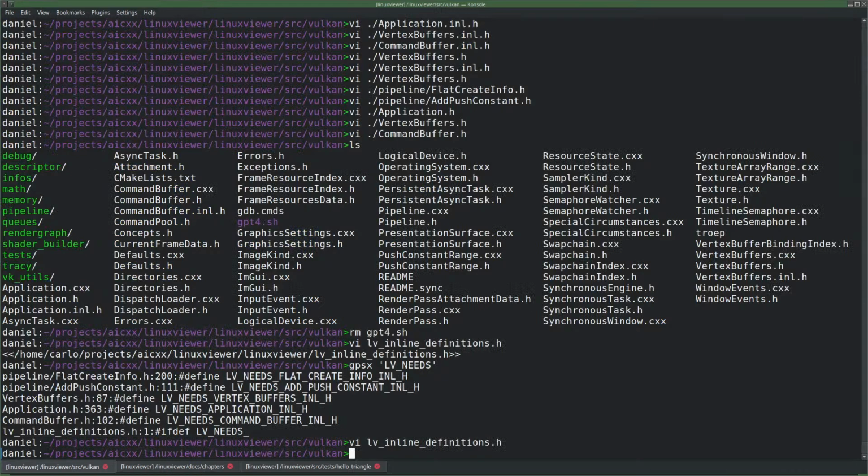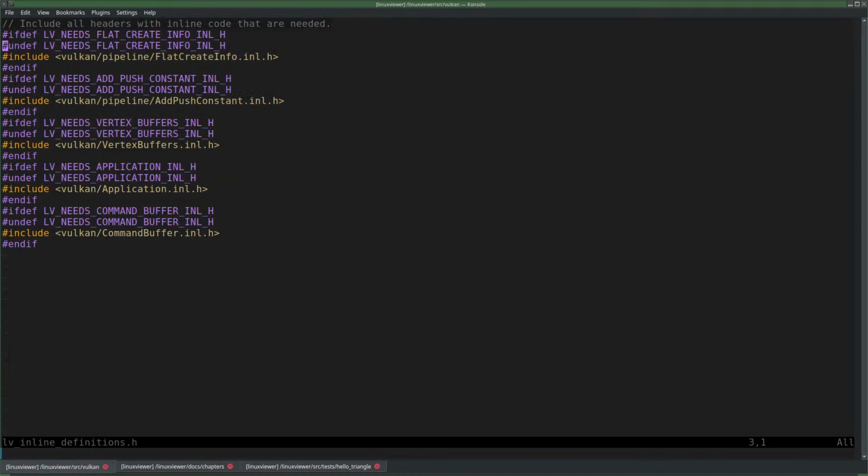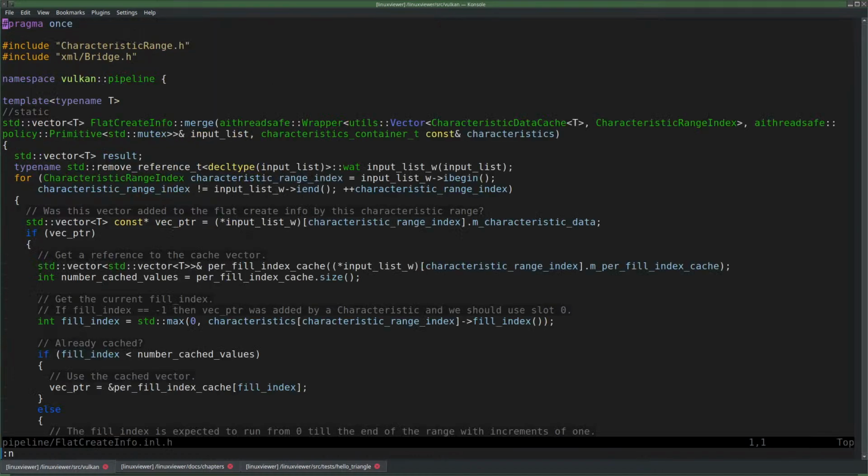I think I'll move them to the header file themselves.